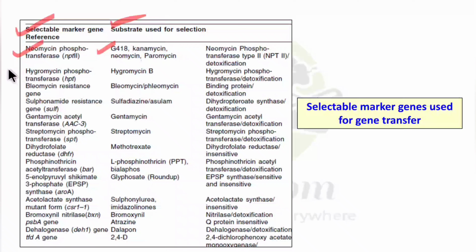For hygromycin phosphotransferase, that is HPT, hygromycin B is used as a substrate. For sulfonamide resistance, sulfadiazine is used, and gentamicin is used, and streptomycin phosphotransferase, that is SPT. For SPT, streptomycin is used as a substrate, and PPT stands for phosphinothricin acetyltransferase.